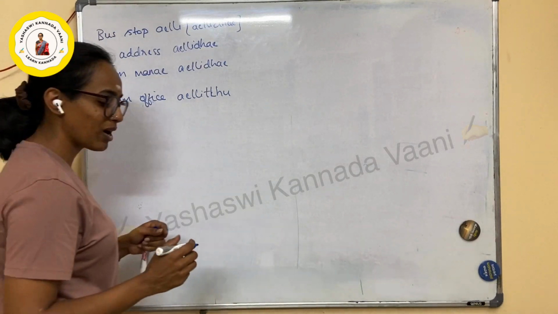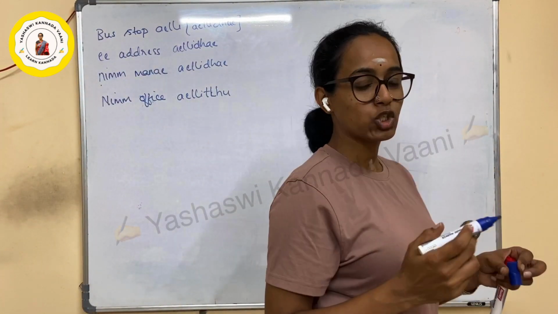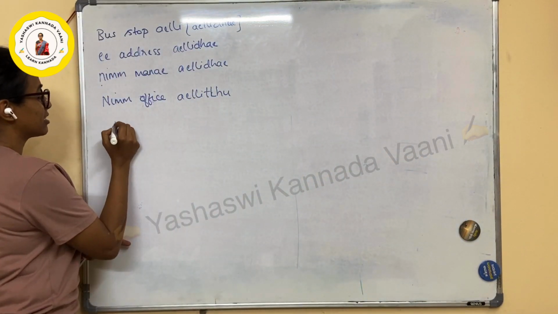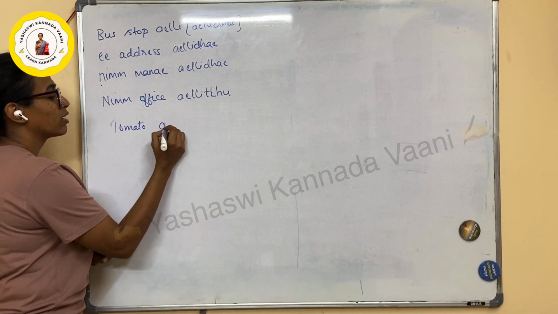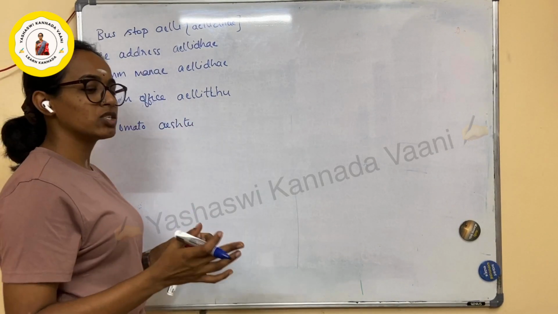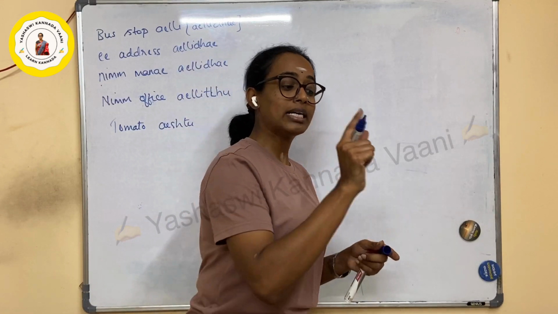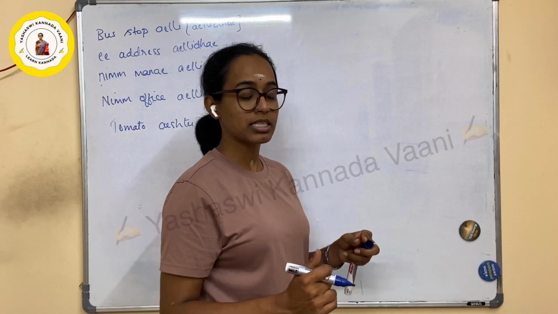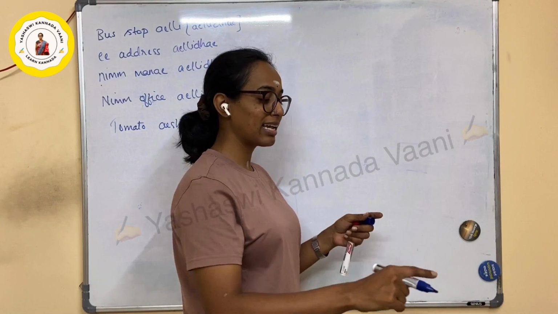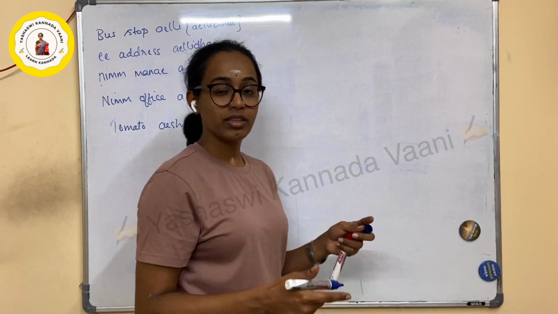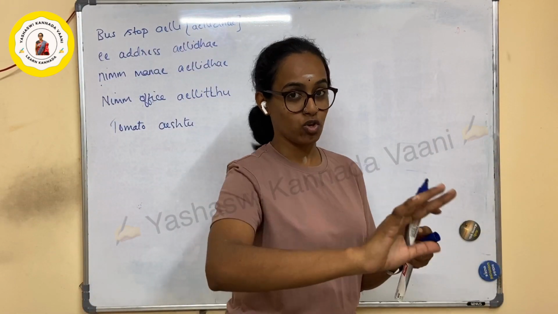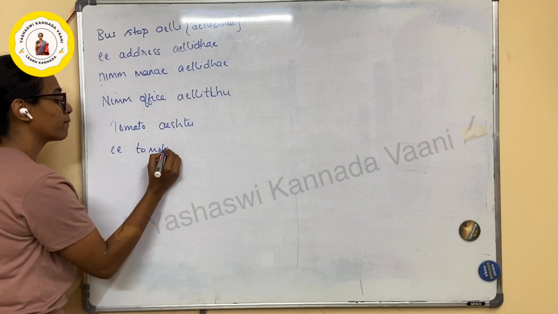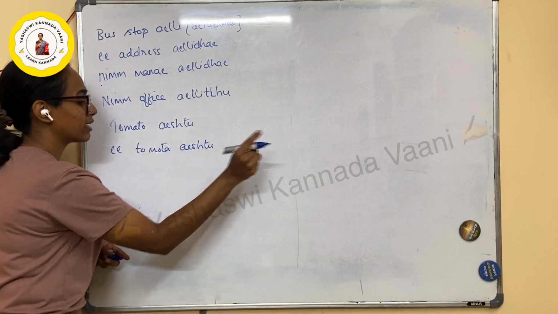Next one, the most common you ask, when you go to the vegetable shop or any shopping, is eshtu, how much. We all know that it's very simple. Tomato eshtu, potato eshtu, onion eshtu, garlic eshtu, that is fine. When you are asking about a particular vegetable, for example you have two or three varieties of tomato, and you are asking how much is this tomato, then you won't ask idu tomato eshtu. Wrong. Same concept as previous: e tomato eshtu, when you are pointing at that tomato.